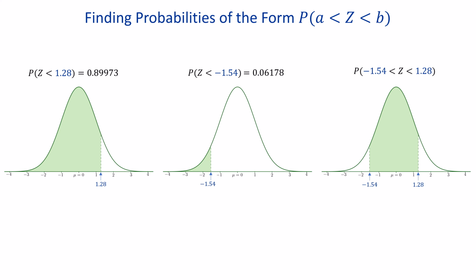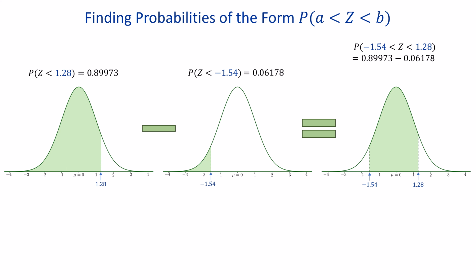What we're doing here is taking the larger area, or the area to the left of 1.28, and subtracting the smaller area, or the area to the left of negative 1.54, and that equals the area between negative 1.54 and 1.28. In other words, subtracting 0.06178 from 0.89973, we get